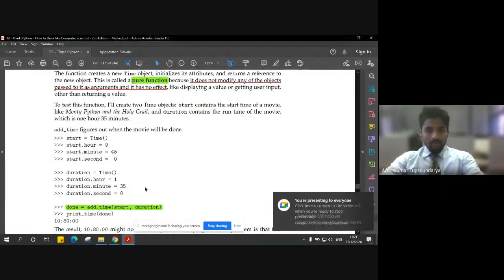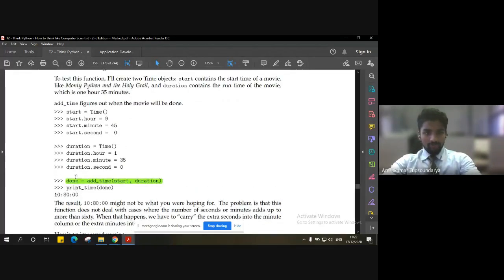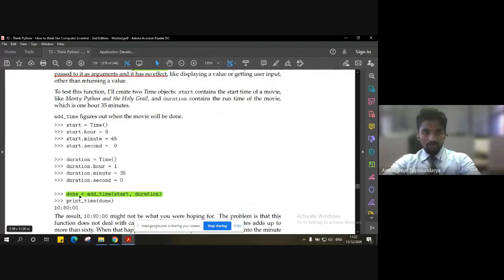So once we have the start time and the duration of the movie, we are simply going to add the timings so that we have the end timing of the movie. Now let us go ahead and see what happens. We have the same variable, let's say done, that is the movie is completed.